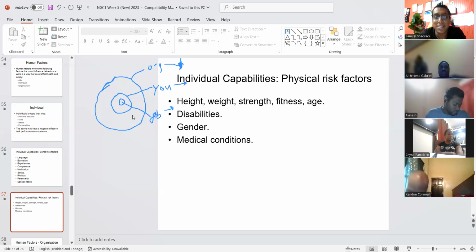Can't change your age. Disabilities, you could probably change your gender now. Medical conditions, you may be able to change it if you have a surgery or something, right? But that's life. You can't discriminate. There are laws against that. You can't discriminate against, like, like we had